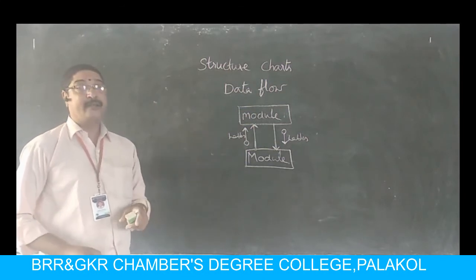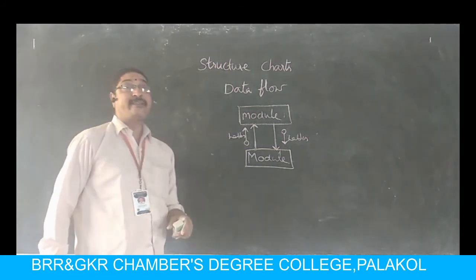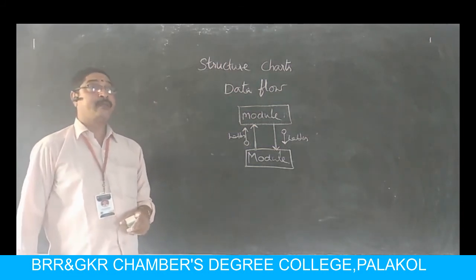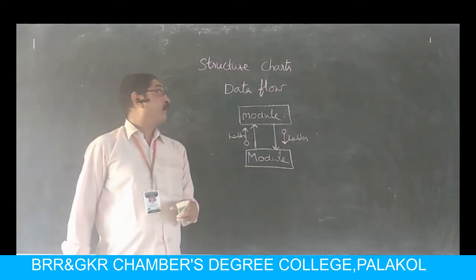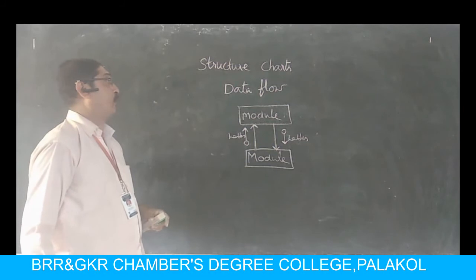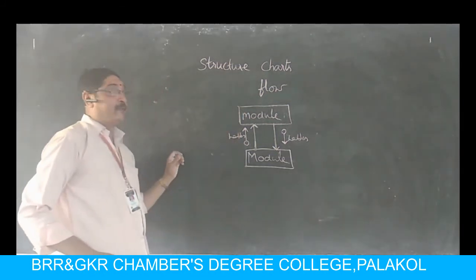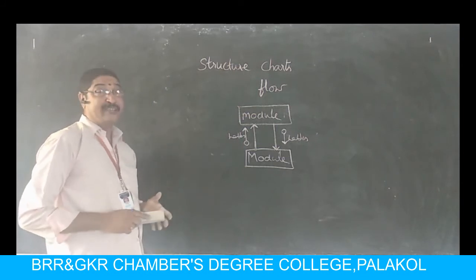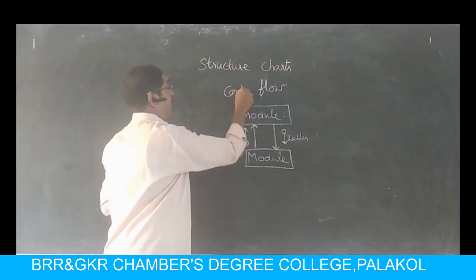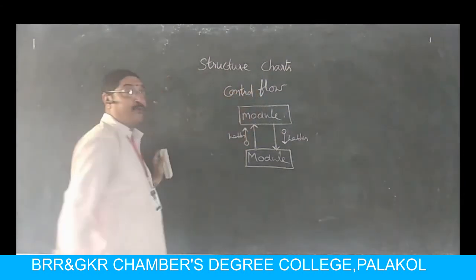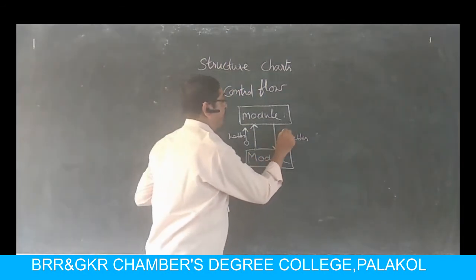This is another method. And we have another concept to discuss in structured charts. That is the last method that you can use. That is called control flow. We need not write again and again, because here I am making some modifications to avoid time wastage. Here it is, control flow. Simply you have to shade these circles.